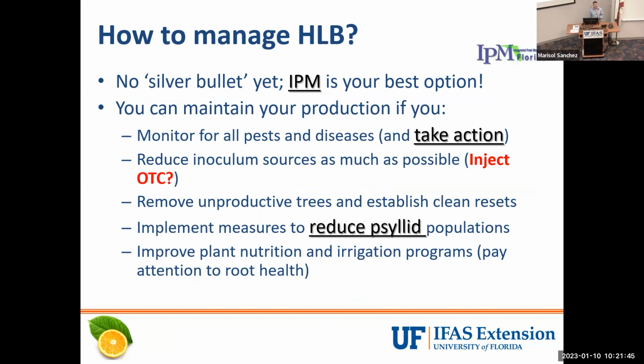I said none of the strategies have worked so far. But as in the past, integrated pest management targeting multiple facets of the disease triangle will most probably be effective in reducing the severity of HLB. So we still have to go out and take care of the other diseases and the insect vectors and control them so as not to exacerbate the HLB problem. Now we are also thinking that reducing inoculum might be possible, perhaps by injecting oxytetracycline, but this is yet to be seen because this is a really new strategy